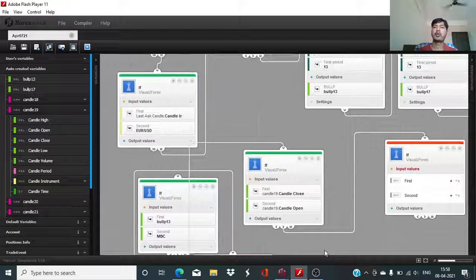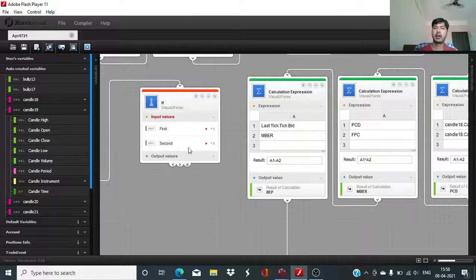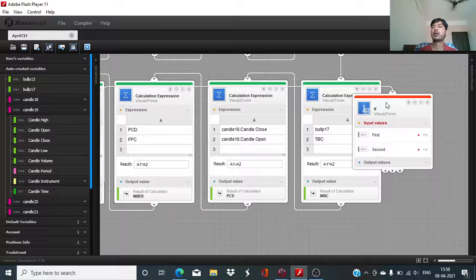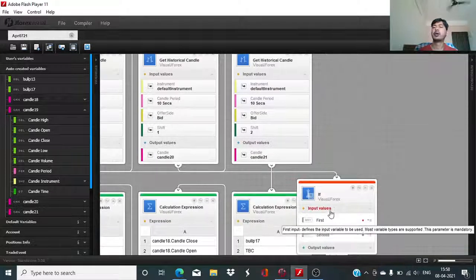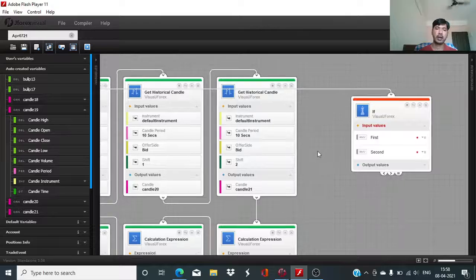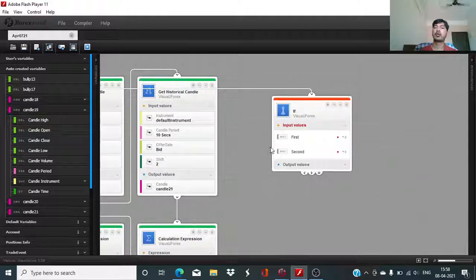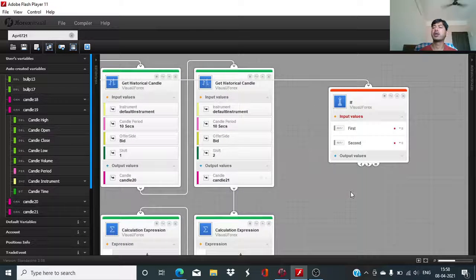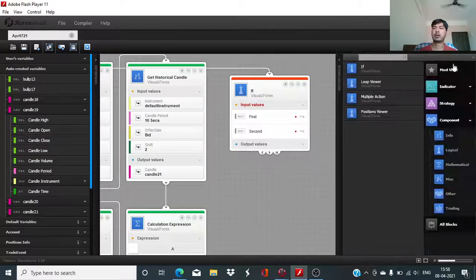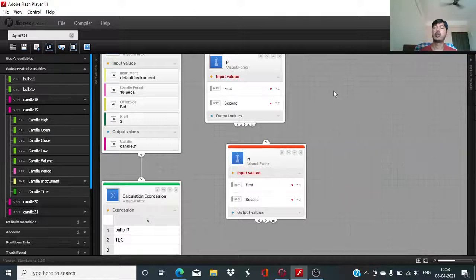So we have defined these three conditions, and then we have to look at the exact point where the order will come into play, and that's going to be whenever the price starts to rise beyond the closing value of last hourly candle. And for that we will have to compare candle 20 and candle 21's candle close with candle 18's candle close. So for that I will bring in another if block,